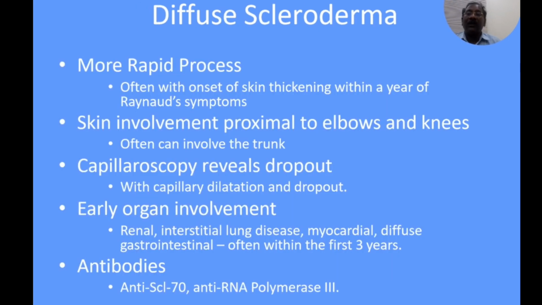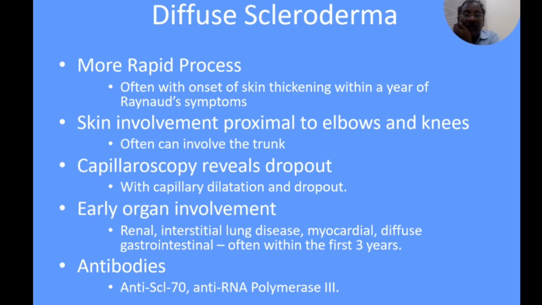In diffuse scleroderma, it is a more rapid process, often with the onset of skin thickening within a year of the Raynaud's symptoms. Skin involvement is proximal to the elbows and the knees, and almost the whole body will be involved here, including the face, trunk, knees, elbows, both lower limbs, thighs, and arms. So total involvement will be seen in diffuse scleroderma. Capillaroscopy reveals the dropouts. Early organ involvement will be here. Almost all the internal organs, mostly renal, pulmonary, cardiac, and also intestinal, often within the first 3 years. And here the antibodies,